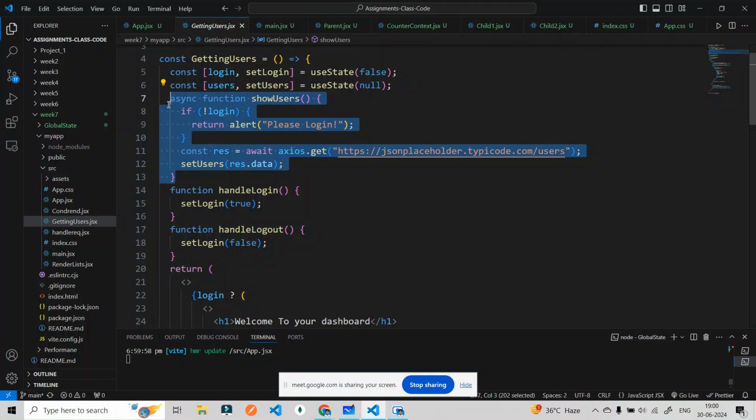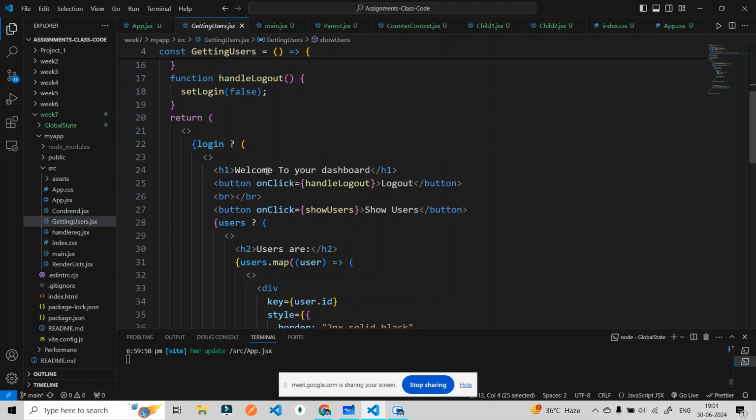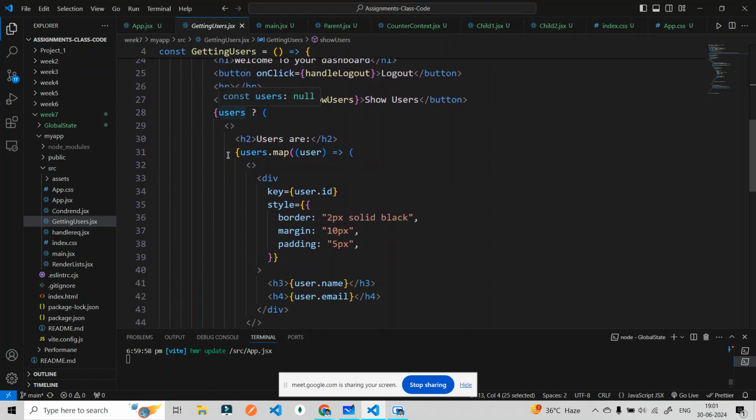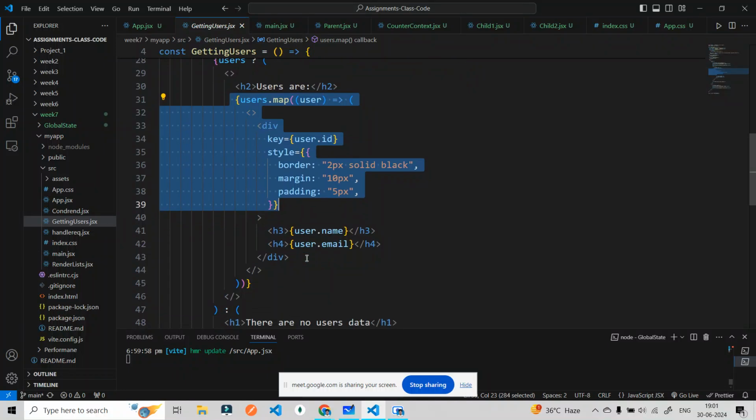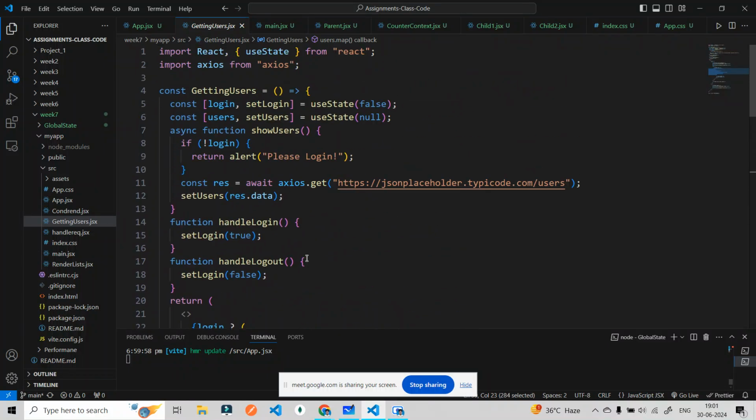And we did all those things: we were fetching the data from these users, and then we were setting this data to setUsers, and then using and showing this data. So how we can do this is, to make this code cleaner, what we can do is: